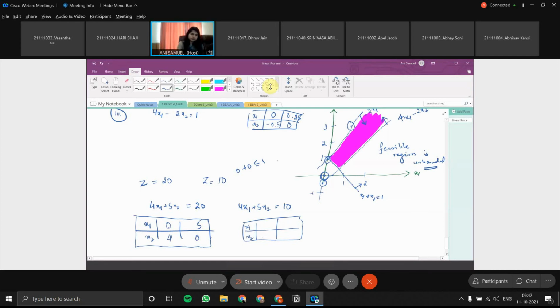0, 2, ma'am. Ma'am, can you explain how the Z can be 20 and 10 again? How can Z be 20? It is taken randomly. You can take any value. You can take a small value, you can take a bigger value. I took 20 so that I get these points 0, 5 and 5, 0 directly. That is why I picked it. You can take any possible number. First, I had taken 6 and 8, if I am not wrong. You can take z equal to 0 also. I'll tell you why we are doing this. What is the purpose? Let me come to it.